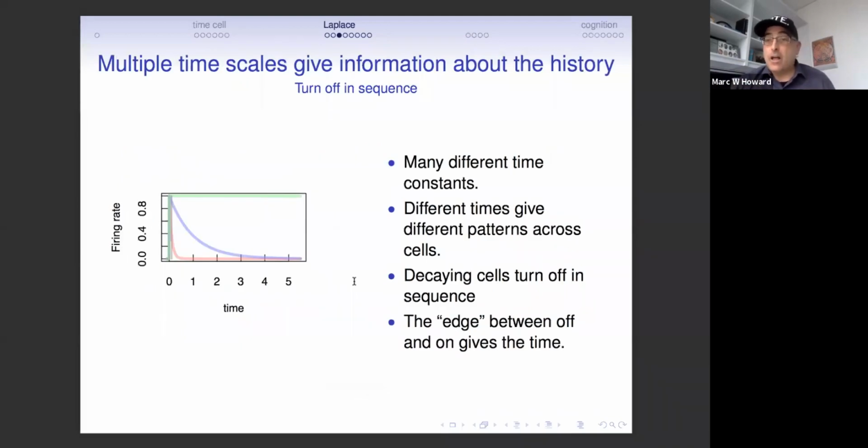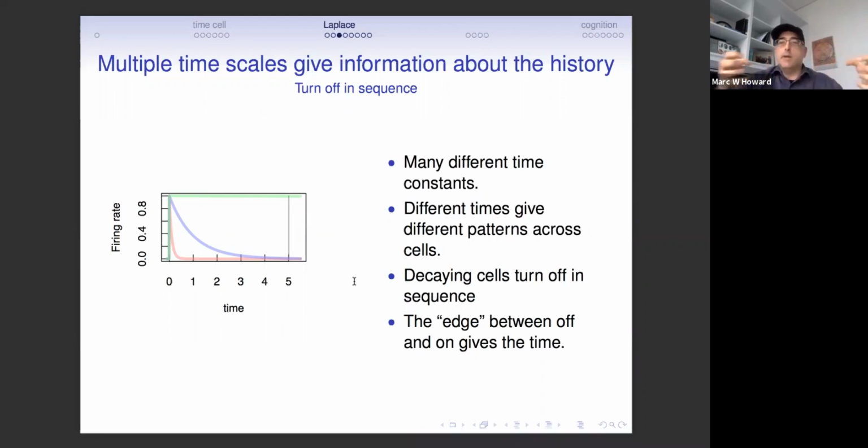So if I had a lot of cells, here I've drawn, hopefully you can see this, 3 cells with 3 different time constants, red cell, blue cell, and green cell. If I look at this population and I'm able to simultaneously observe all of the cells, and I find that, for instance, red cell has turned off, but blue cell has not, I know that the time of the event must have been somewhere between the 2 time constants of those cells. Similarly, if I observe that green cell is still firing, but red cell and blue cell have turned off, I can figure out that the event was somewhere between the time constant of blue cell and green cell.